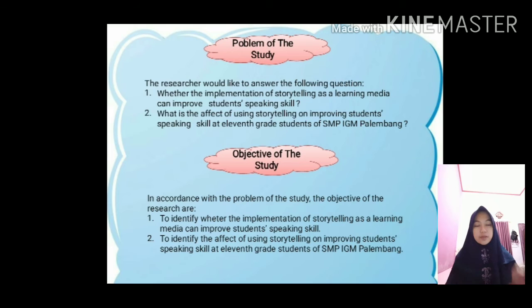Internal factors are factors that come from the students themselves, for example, lack of vocabularies, lack of confidence, and fear of making mistakes. And then the external factors are factors that come from outside of the students, for example, the environment. For example, English is not widely used in speech community,